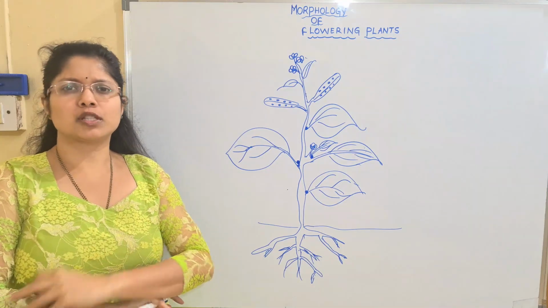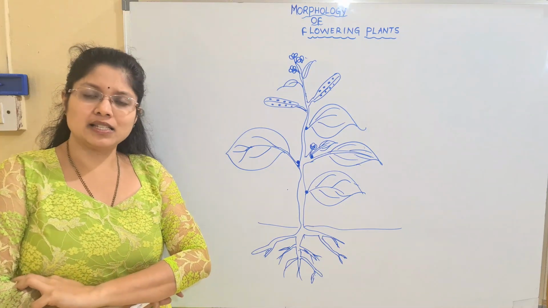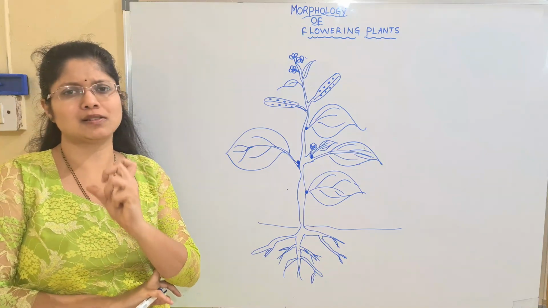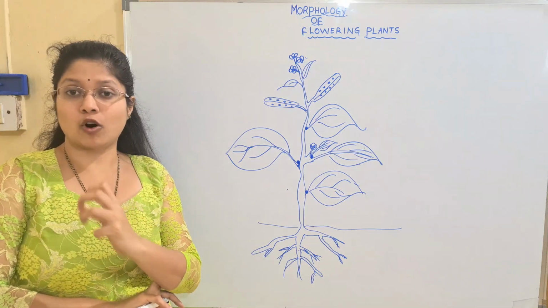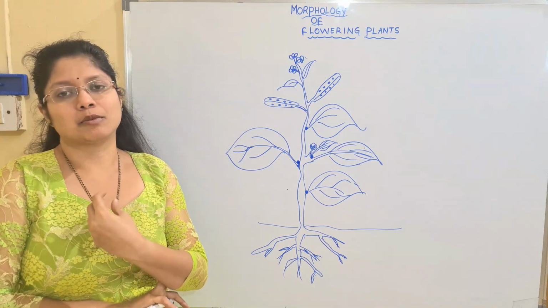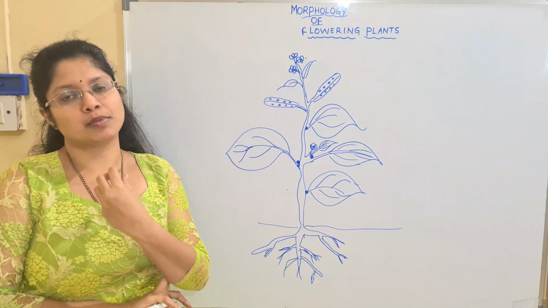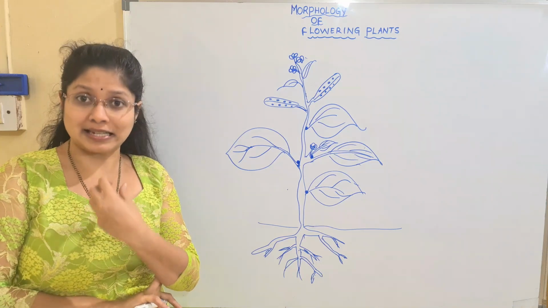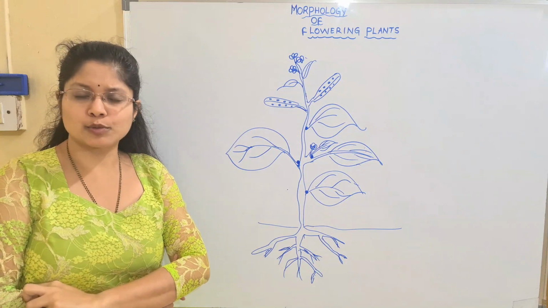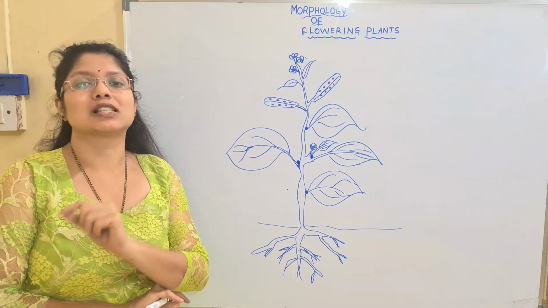Out of these 5 groups, the most advanced group of plant kingdom is angiosperms, and these angiosperms are mainly characterized by the presence of a special structure, and this is mainly meant for reproduction as well as attraction. And this feature is nothing but the production of flowers. Along with the production of flowers, angiosperms are also able to produce seeds. And how are these seeds, children? Do you have any other group along with angiosperms which produces seeds? Yes, recall. Yes, we have another group which is the gymnosperms.